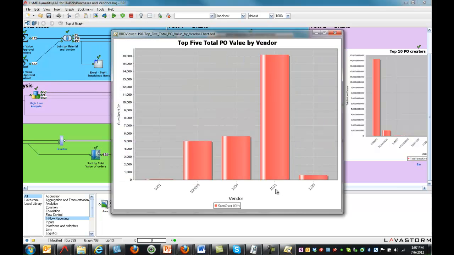Looking at this bar chart, we can see that vendor 1011 has POs for a specific material totaling more than $10,000. In this test, the approval limit of $10,000 was hard-coded in the node configuration. However, Lavastorm allows for the creation of parameters which can be used to create generic, reusable analyses. Using parameters, the same audit can be run with different data sources, thresholds, dates, or any other variable without reworking